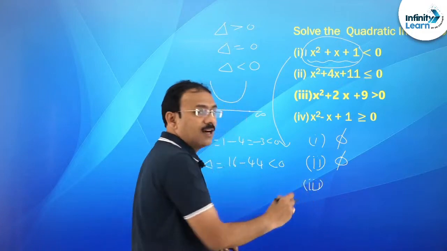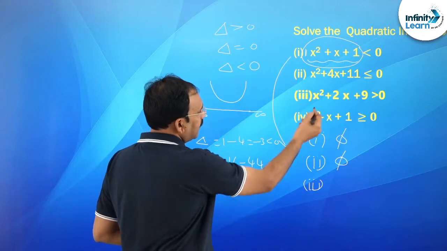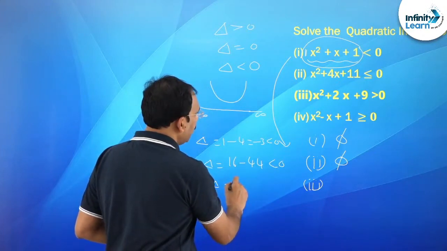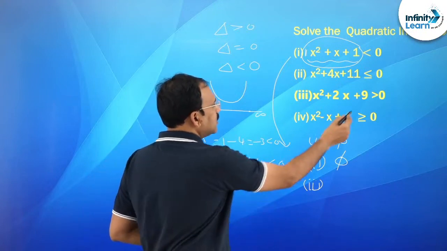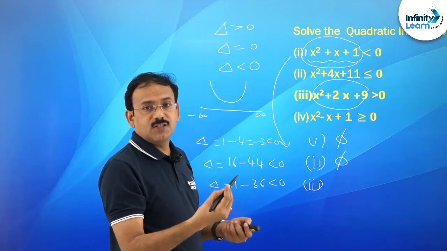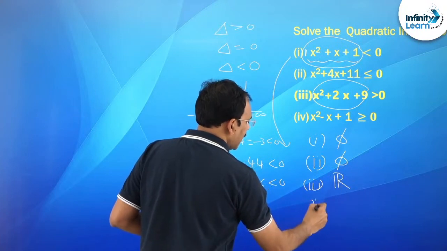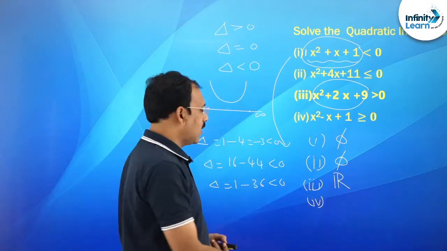Whereas the third one, dear students, here delta is going to be negative, b square minus 4ac is negative. So this expression is always positive. Positive, greater than 0 is always correct. The solution set is R, whereas the fourth one is also the same case, positive, greater than or equal to 0